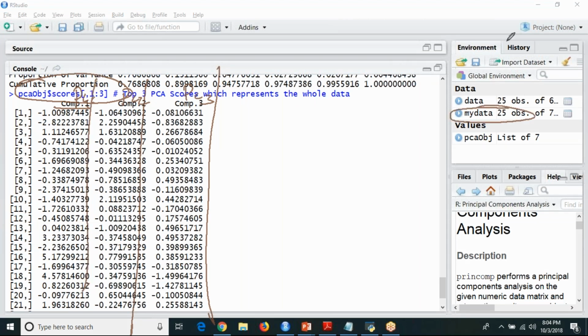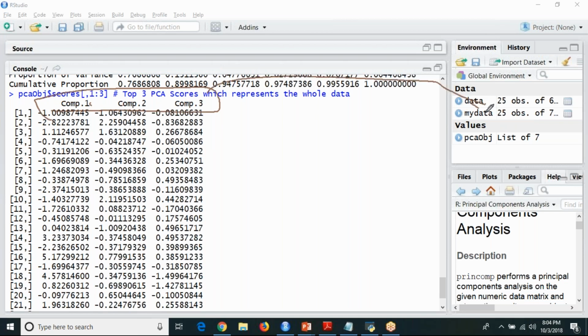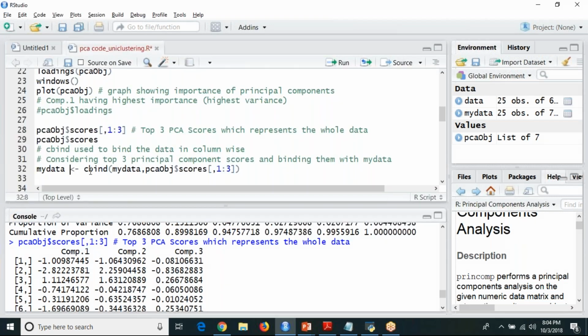As of now, I have chosen only 3. Combined is nothing but your column bind. I'm going to do a column bind of your data set my data and PCA OBJ dollar scores, columns 1 to 3.